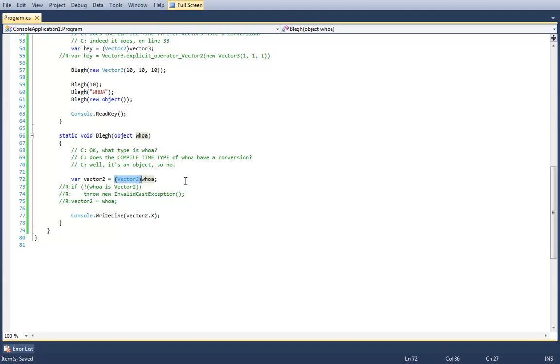But a cast is a way to acknowledge that you're doing something potentially stupid, or potentially not stupid, depending on what your code looks like. A cast is a way of saying, I know that I want this code to work like this, and I am reasonably certain it's going to be correct. Stop bugging me, compiler, stop bugging me, Resharper, and let me do my own thing. That's what a cast is. Or more specifically, that's what a downcast is, when I'm converting from a less derived object to a more derived object, or whichever way around that's supposed to go.